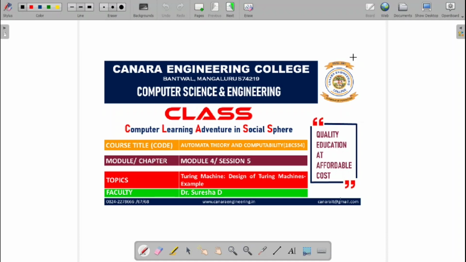In the first four sessions of Module 4, we first went through the decidable languages and their proof in session 1. In the second session, we learned the architecture of the Turing machine. In the third and fourth sessions, we have seen some examples of the Turing machine. Let us continue our learning on examples for designing the Turing machine. In this example, we see some more additional problems on the Turing machine.